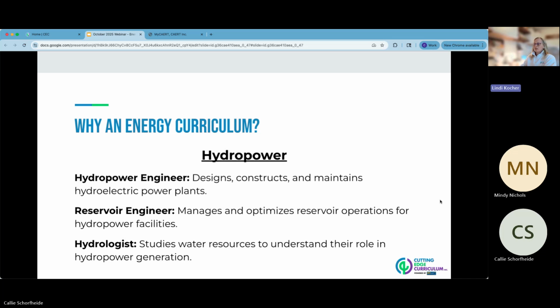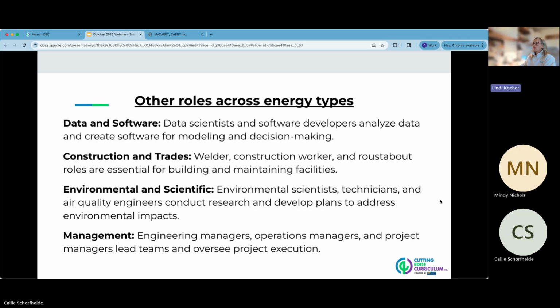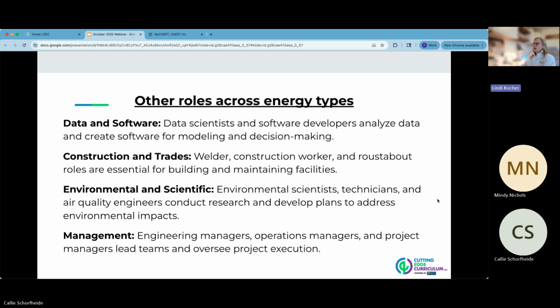and then a hydrologist. I did throw together a couple of lists of other types of roles across energy types, so you can talk to students about what those look like and how they can see themselves in those types of roles. And then the last thing, we'll kind of go through this: engineers, technicians, analysts. You also have policy and finance, and then data, software, construction and trades, as well as